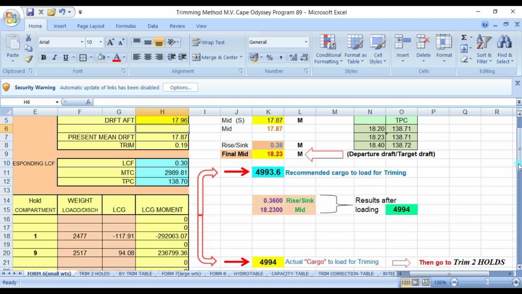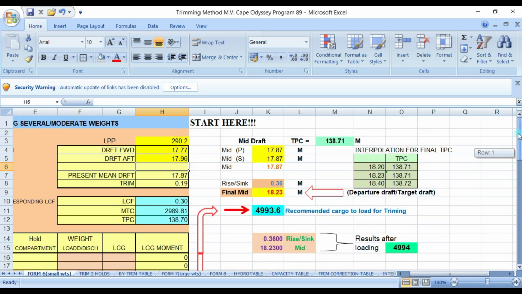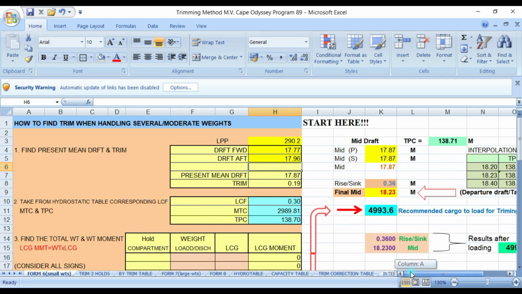Okay, since you know already the cargo to load for trimming, then you go to trim holds 2. By the way, this program is what you call how to find trim when handling several weights.